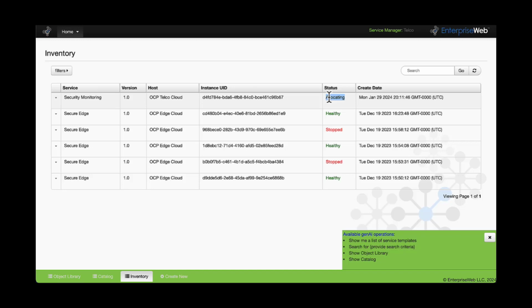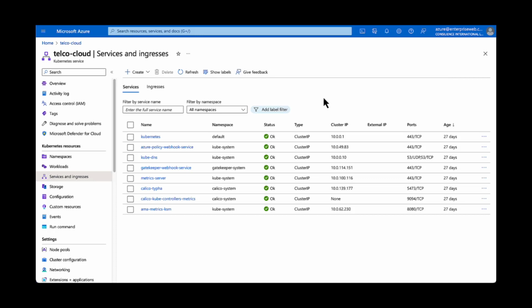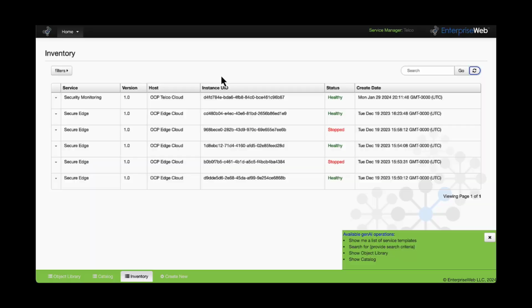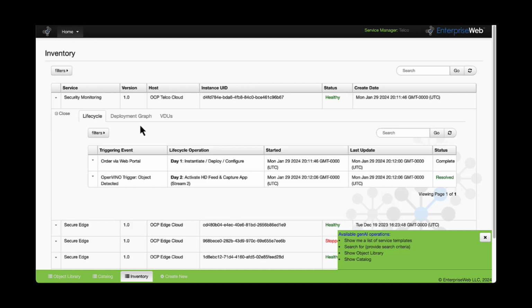If I wanted to, I could actually take a look at that telco cloud. And let's do that quickly here. So in Azure, we have that instance of the telco cloud. And I'll see that my individual elements related to my application are now being stood up. Back inside EnterpriseWeb, I can see that it's now marked as healthy. I can take a look at the details, which are going to include that day one order and all the